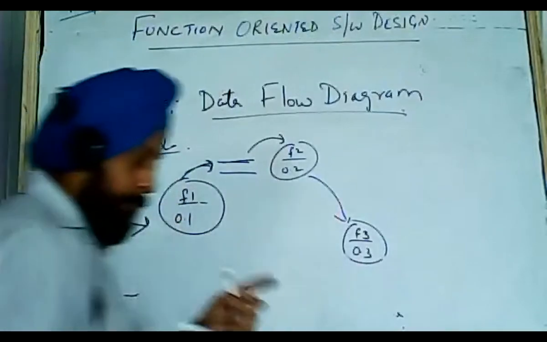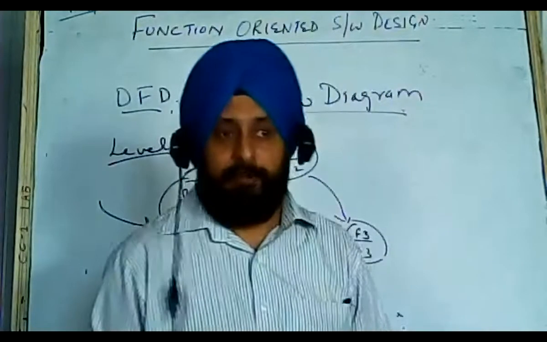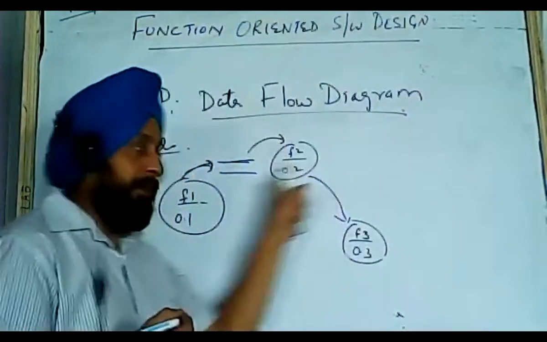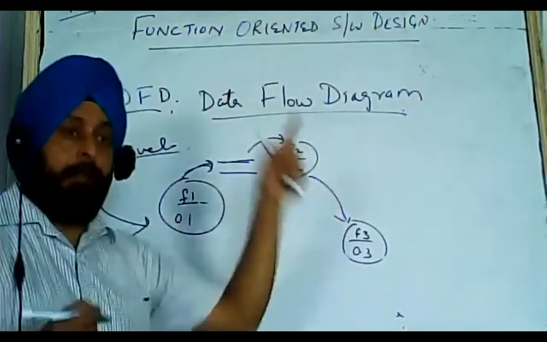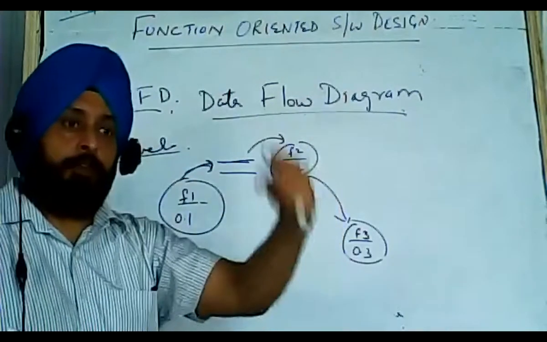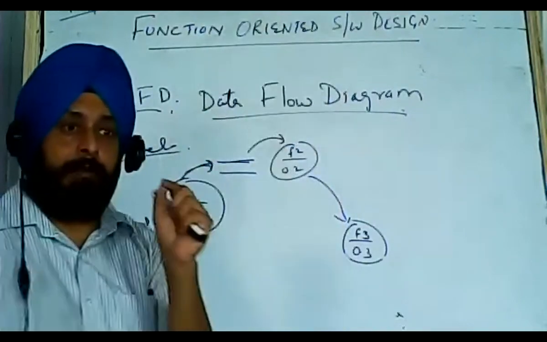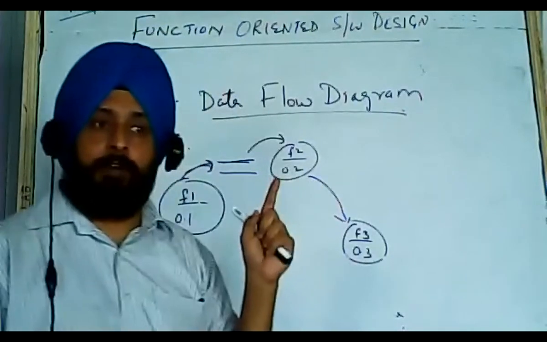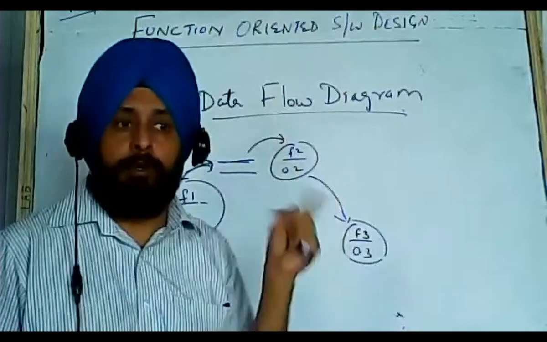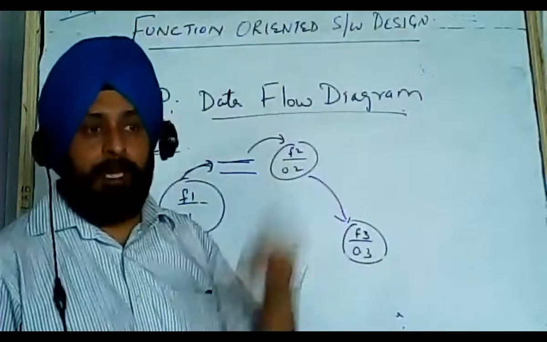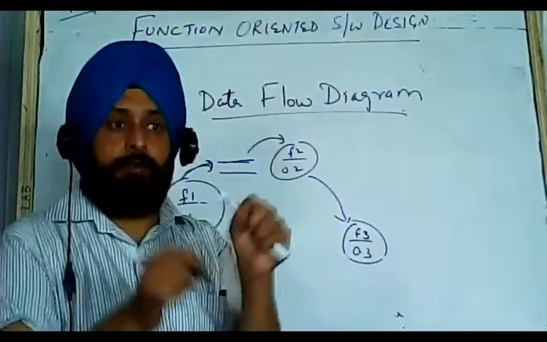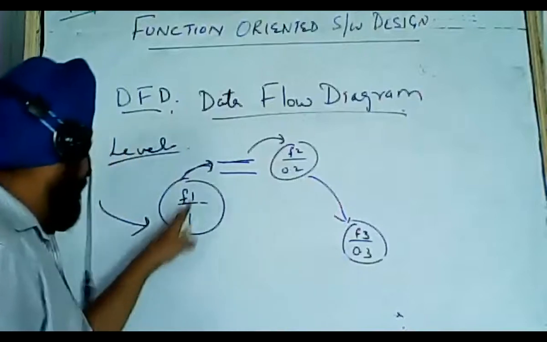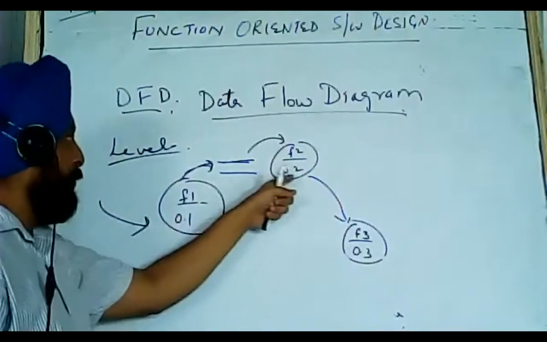Now if your system is doing many functions, we have to represent that with the help of the DFD. If it is doing 3 functions, function 1, function 2 and function 3, then your system bubble is represented by a number. We also give numbering to the bubbles. That bubble was given the number 0, therefore it is known as the level 0 DFD. Now the next level is level 1. You divide your bubble 0 into the 3 main functions, function 1, function 2 and function 3, and the numbering will be given as 0.1, 0.2, 0.3.